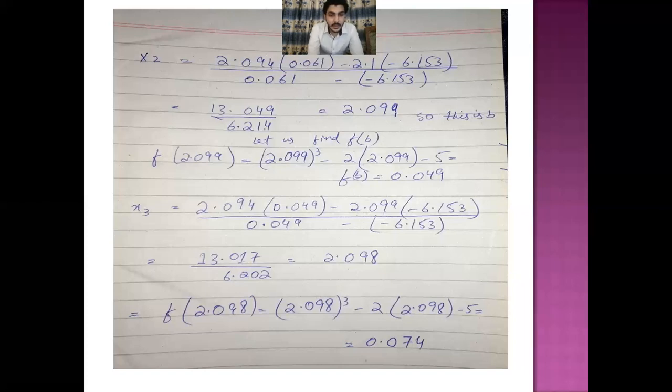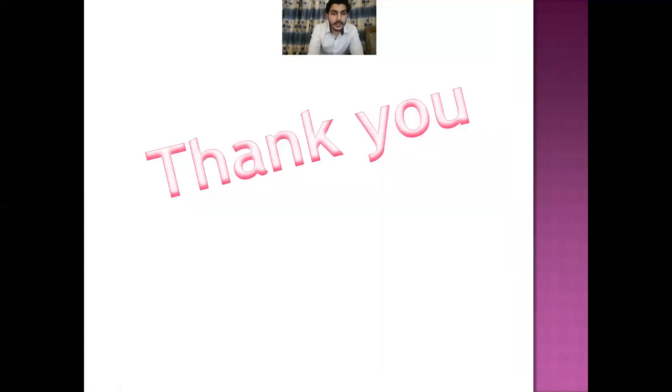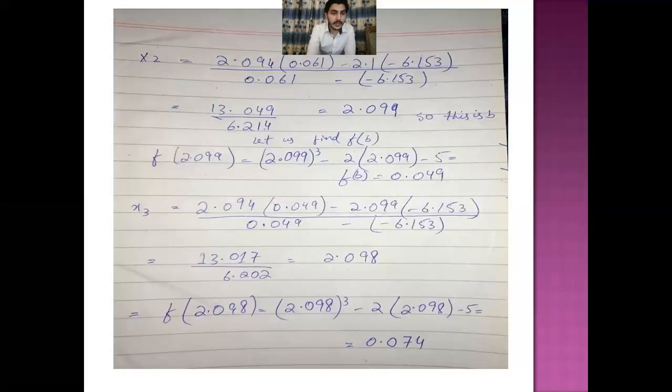So again we will put into the function. The function we will get 2.098 and 2.098 cube. We will put into the same formula, and then I have got 0.074. So we will again and then again put into the x3, means I have done the x3. So again we will put into the x4 and